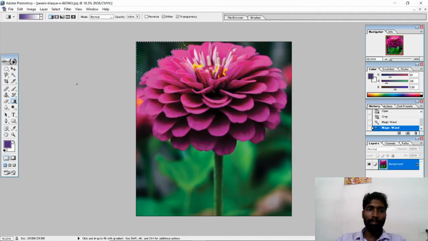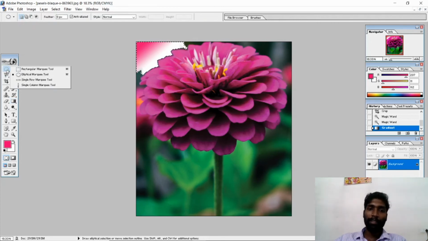So I selected the gradient tool, and here I am going to select the color. Whatever color I select, just apply it to the selected area. Sir, I don't want to use the gradient tool. If I want to use the paint bucket tool, as you wish. So I'm going to select an elliptical circle. In this place I'm going to use the paint bucket tool. Here is a paint, sorry, clone. This is a clone stamp.